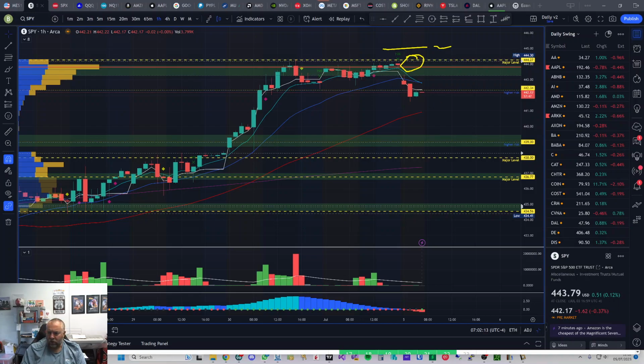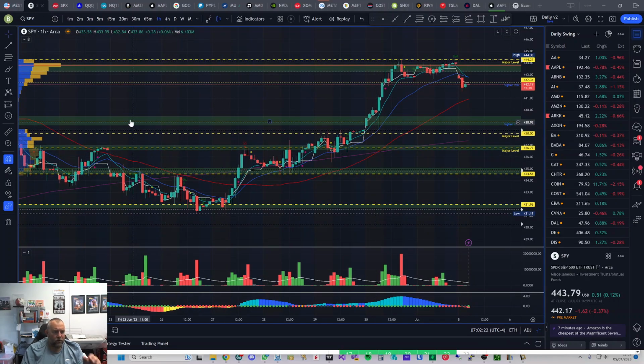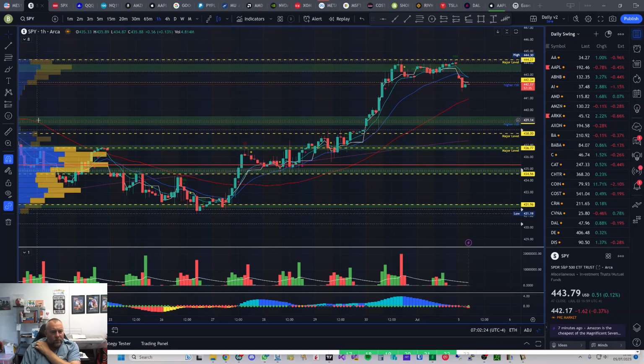Another area I'll be watching for a bounce will be 439. Let's zoom out and see how the volume profile updates. See, it gives very low volume down there, so maybe it's just going to come straight through that area because there's no volume, and it will start rebounding at this area here, which is 437, which is an area I'm watching anyway. And I've had this area marked up for some time